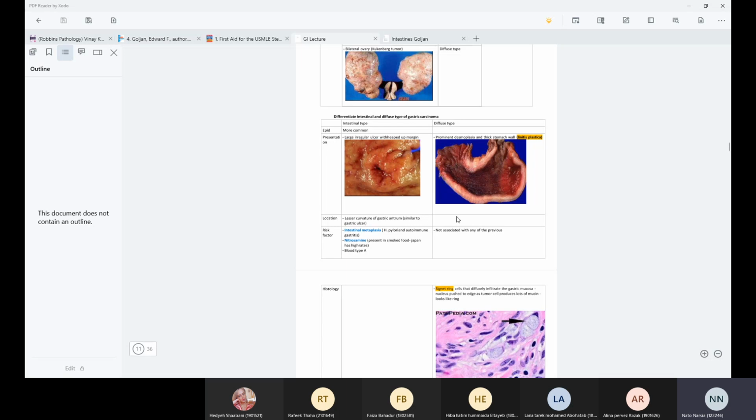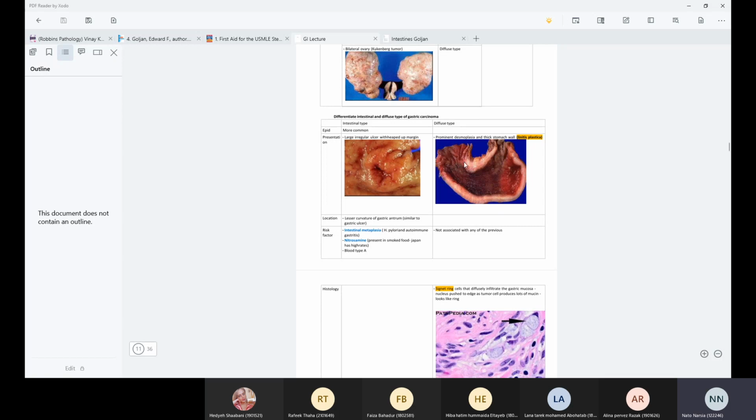It proliferates really fast. It is a very undifferentiated tumor and does not respond well to chemoradiotherapy. Why? Because it is a very anaplastic tumor. As you see in the picture, it is an irregular ulcer. Intestinal type most commonly manifests as an ulcer with raised margins. This is irregular and big in size. You understand? And what you see is this thickened,